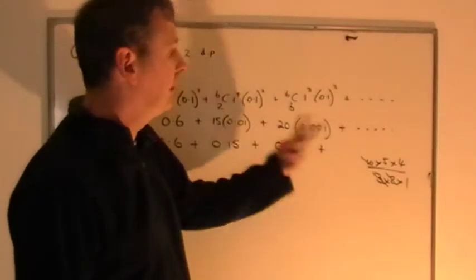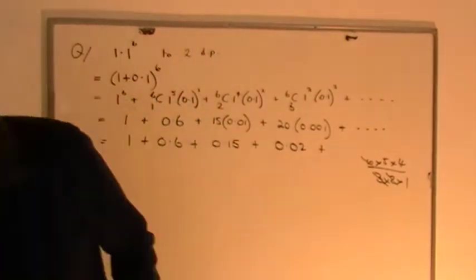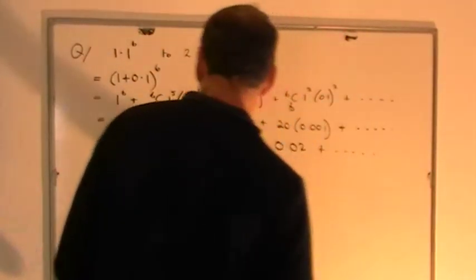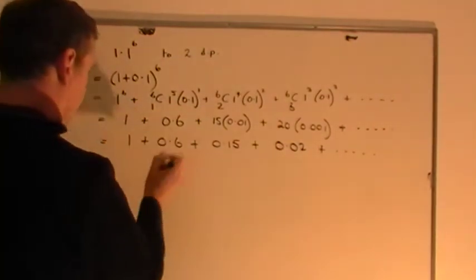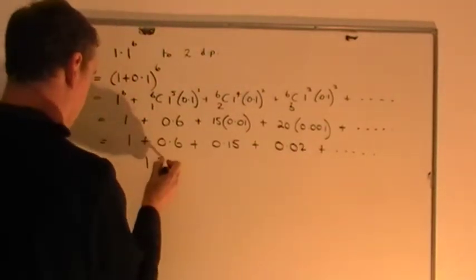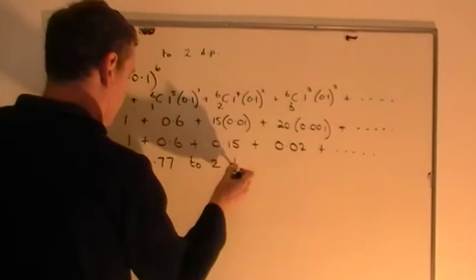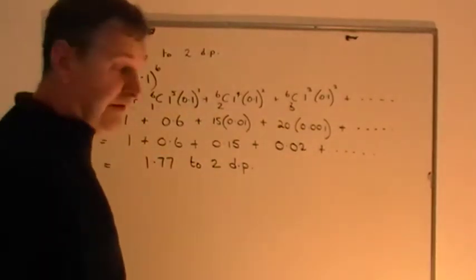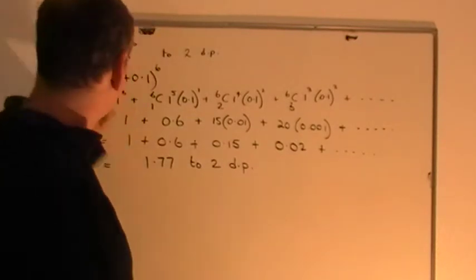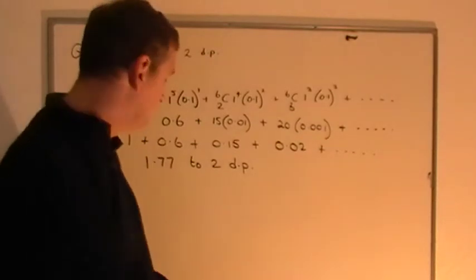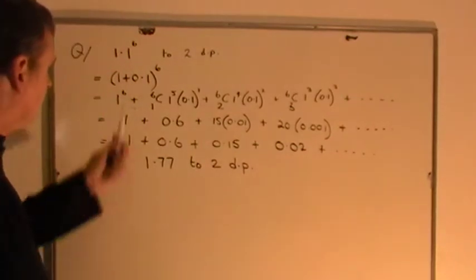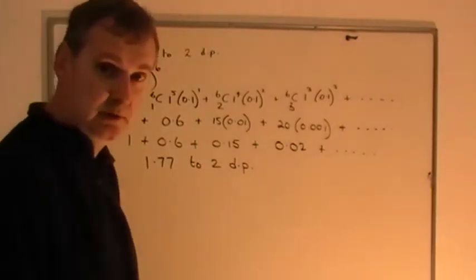But if you're not sure, multiply it out and see if it does. Okay, so for that one there, I'm just going to say plus dot dot dot. So we're going to say 1 plus 0.6 plus 0.15 plus 0.02. If you add them all up, you get 1.77 to 2 decimal places. And if you have a calculator when you're watching this video, you can check that yourself. If you put 1.1 power 6, press equals, it will give you that to 2 decimal places. And there you go. That's a typical exam question, making use of binomial to work out an awkward decimal power